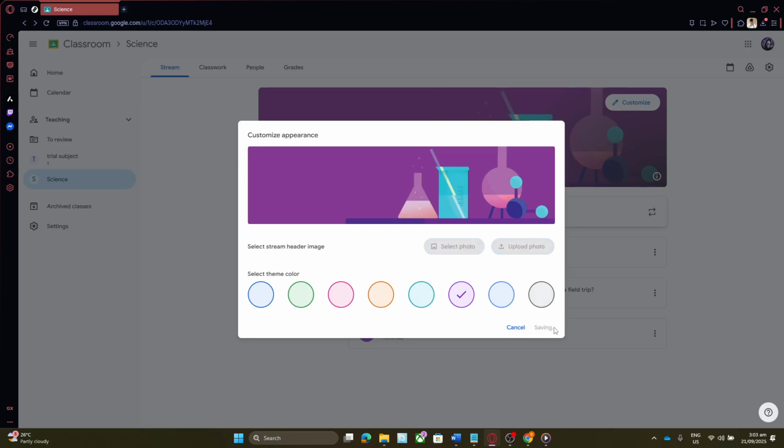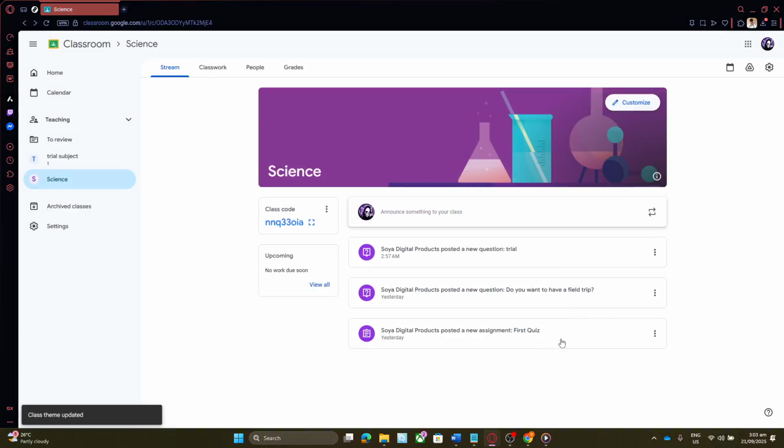Finally, don't forget the last crucial step, clicking on Save. It's easy to overlook, but this ensures all your changes are applied and displayed every time you or your students access the class page. A new banner can make your classroom feel fresh and invigorating, an easy yet impactful change. And there you have it, a customized Google Classroom banner that reflects your personal